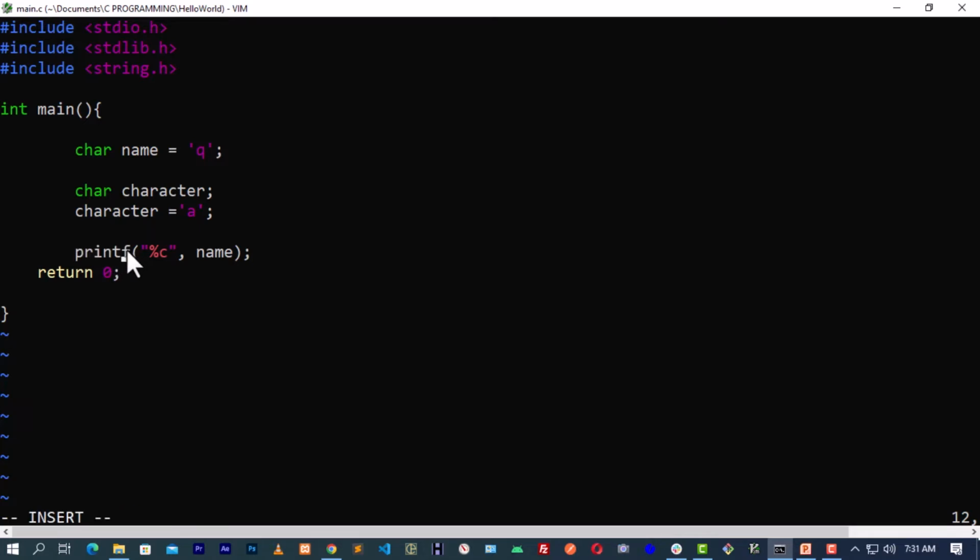This f here is an abbreviation of format. So this printf function formats our data in a way that we want our program or our output to look. So let's continue. Now we want to add this character as one of the parameters that we want to print. So we want to print two variables at the same time. You can print 3, 4, 5, 6, 7,